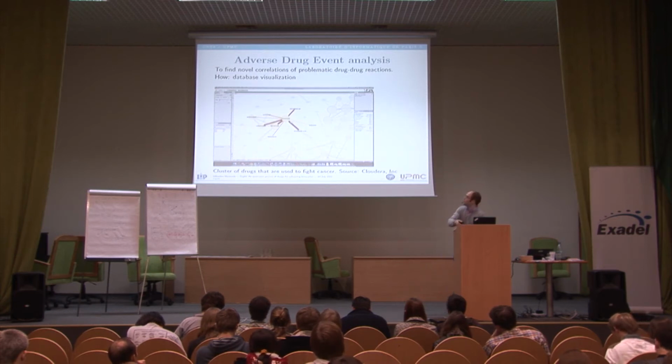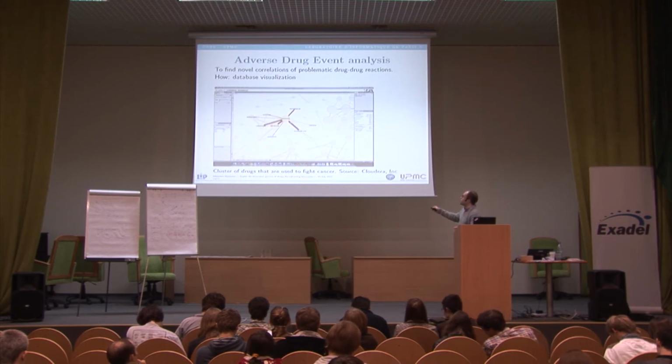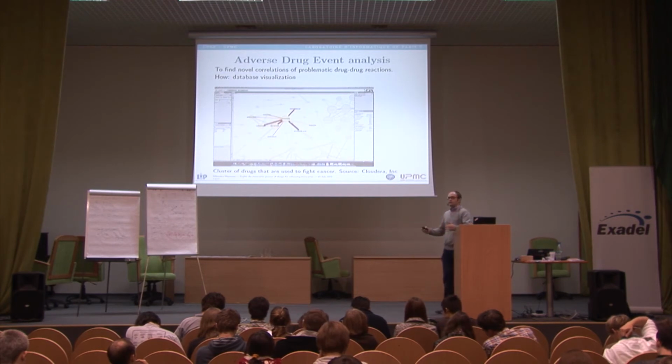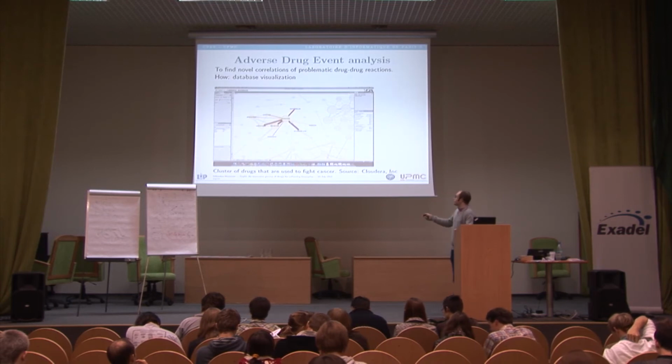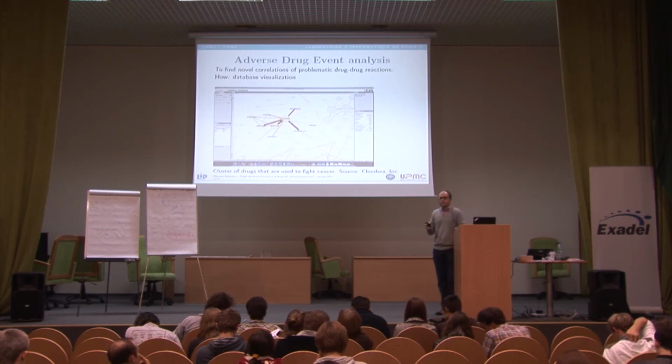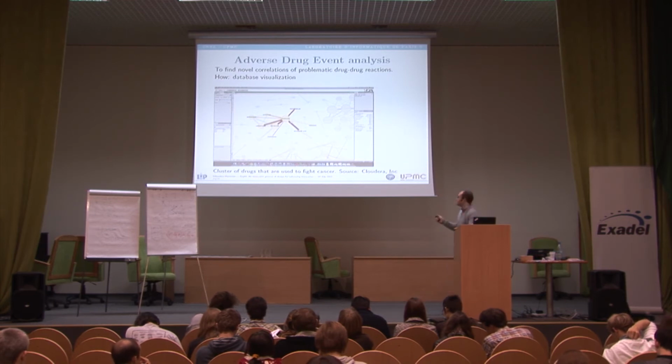And they recently created a network of correlations between problematic drugs. I mean, the nodes are the drugs, and the links exist when 2 drugs taken at the same time were reported to be problematic. And it appeared that they were able to identify clusters. And it is very, very interesting for the pharmaceutical industry to see it, because it is a shortcut for them